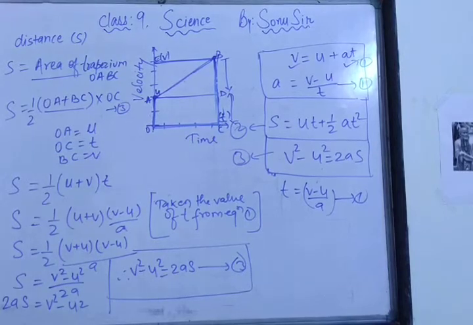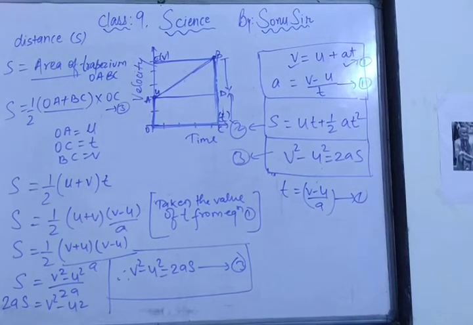First question is, a train starting from rest attains a velocity of 72 km per hour in 5 minutes. Assume the acceleration is uniform. Find the acceleration and the distance travelled by the train when it attains this velocity. See, what you have to find? First you have to find the acceleration and second you have to find the distance, meaning the first relation and the second relation, whatever we have calculated. So let's start solving this numerical.